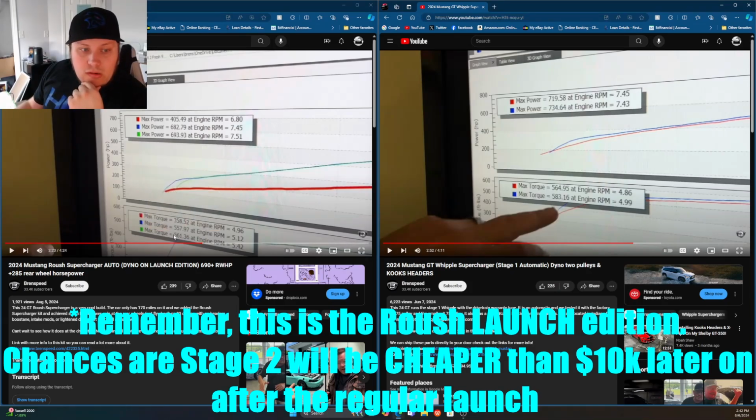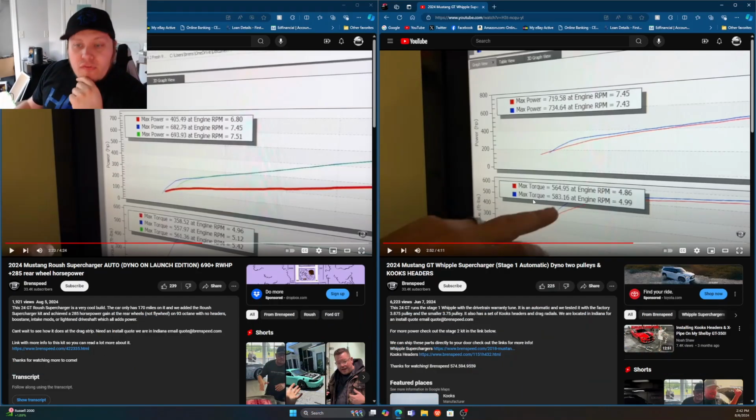Now, if you look at the torque, it's a little small here, but let's see, 561, 564, but that's with headers. You add headers, that torque number is gonna go up. So it does look to be true that the torque will be higher on the TVS mod for mod. Mod for mod, the torque will be higher on the TVS. Even though the torque comes in a little bit sooner on the Whipple,